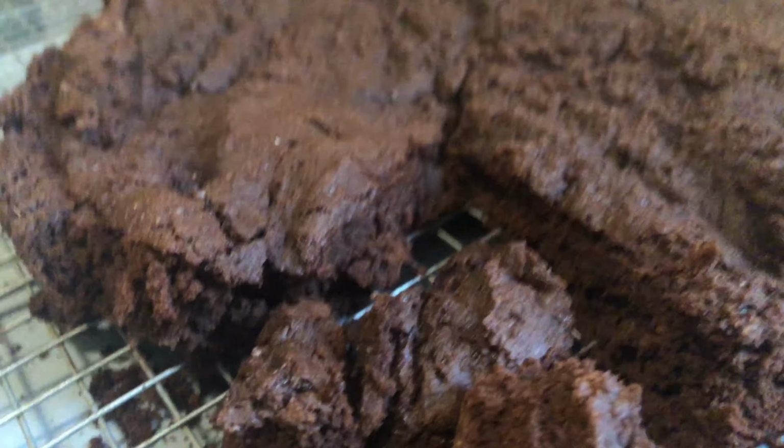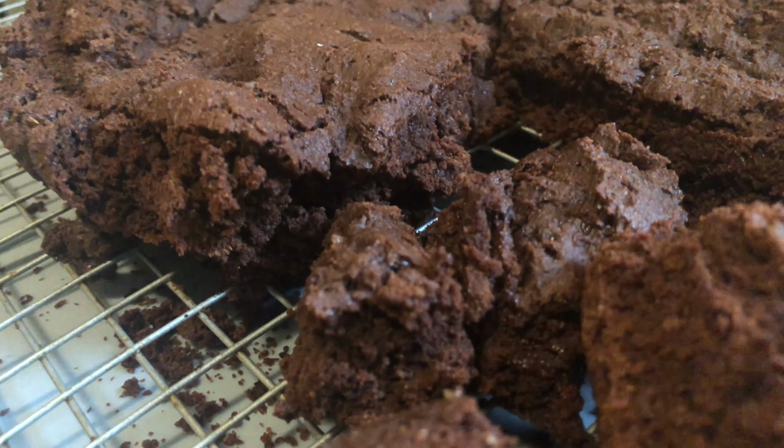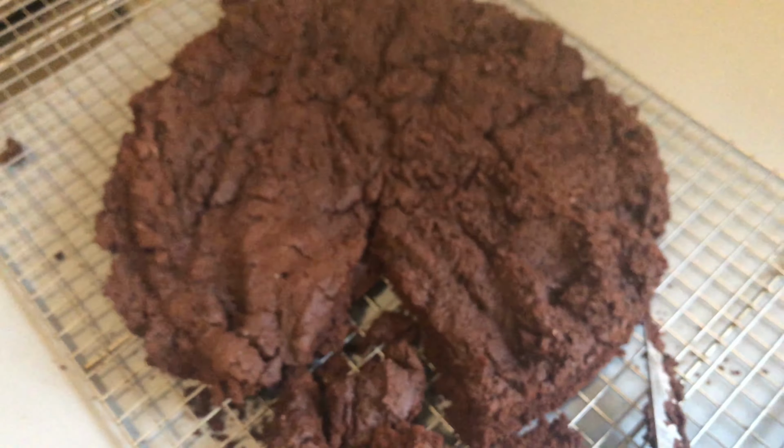This was a fail because I wanted it to be perfect. It's not perfect. It's brownies, but it's not perfect. That's what I get. This is what happens when you spite cook. I just want him to accept my vegan self. I want him to make more vegan food. That's all. So they like the brownies, but they're saying...